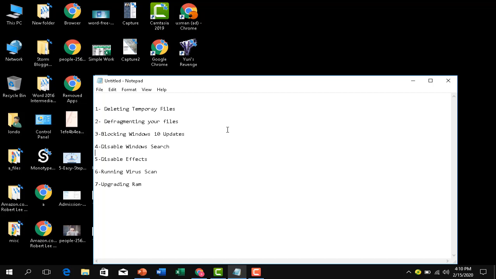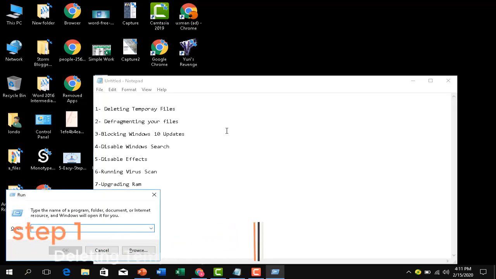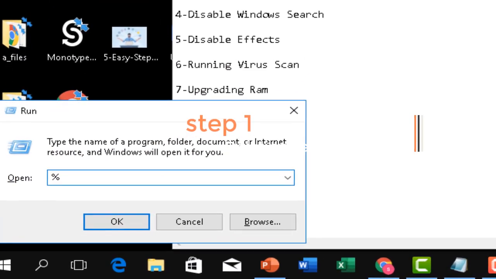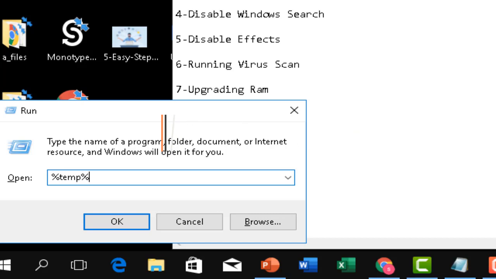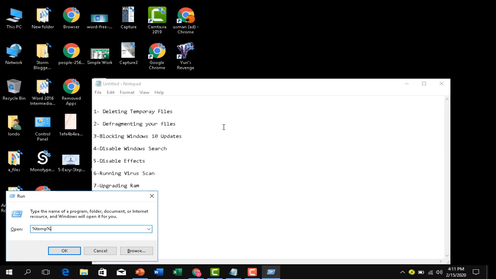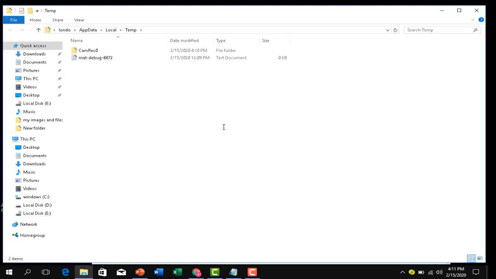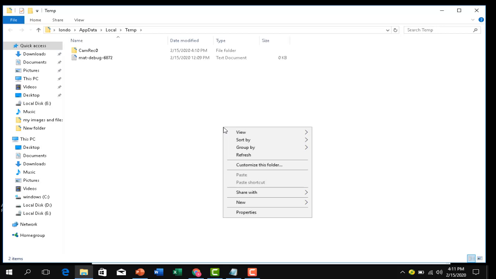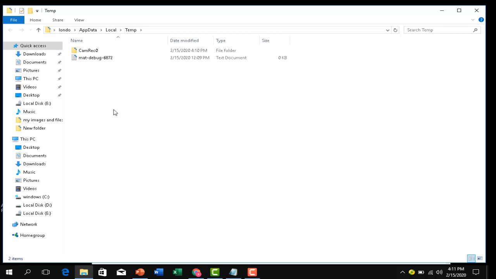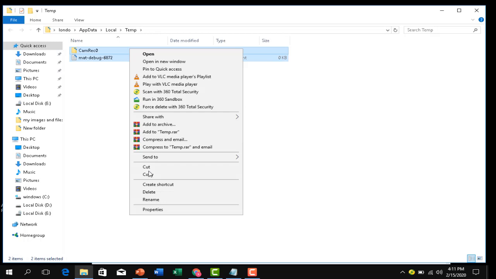For that, press Ctrl, Windows, R key and then type in percentage sign and type in temporary. Okay, then press enter. Now delete these files. Okay,